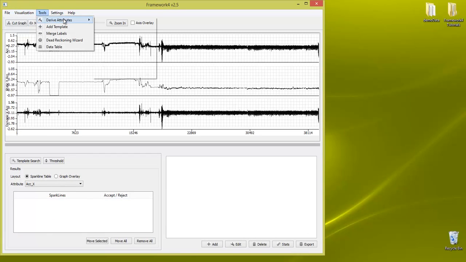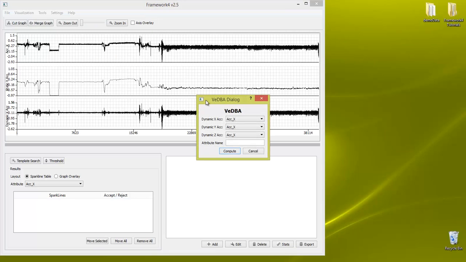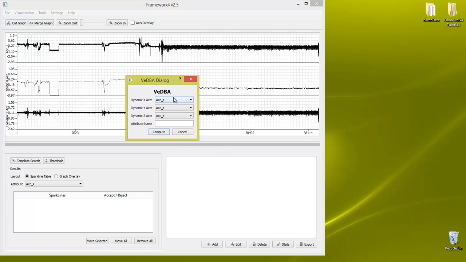I'm going to go back to Tools, Derive Attributes, and we're going to compute vector. Now vector is a function of the dynamic acceleration components. So if I go in here and select the dynamic X, dynamic Y, and dynamic Z, and it's asking us for a name here, so we're going to call this vector,